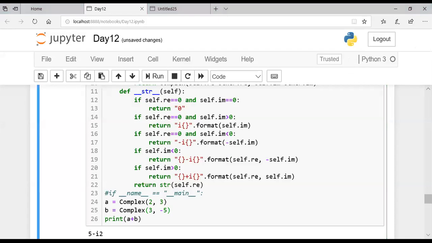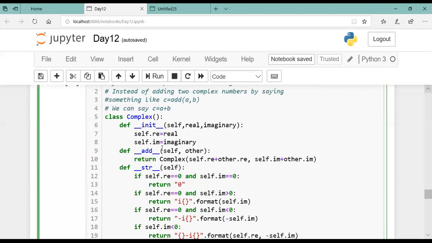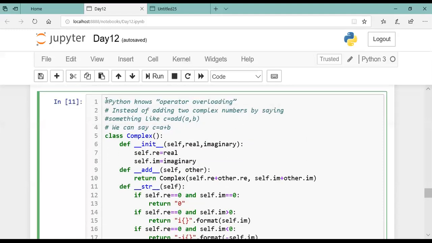Yes, we can create a dunder function of our own choice. So मैंने क्या किया, अभी दो कॉम्प्लेक्स नंबर को ऐड किया. अब तुम लोग जरा सब्ट्रैक्ट करके ले लो. सेम यही कोड रहेगा. You can do it later. So I'm just copying it and giving it to you.